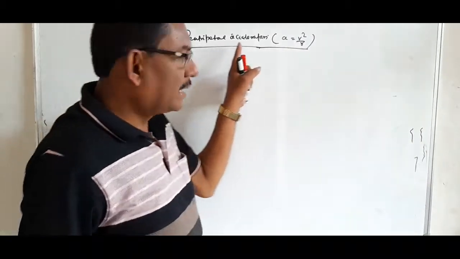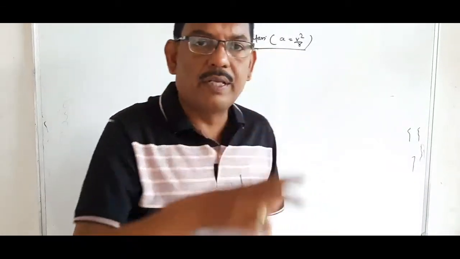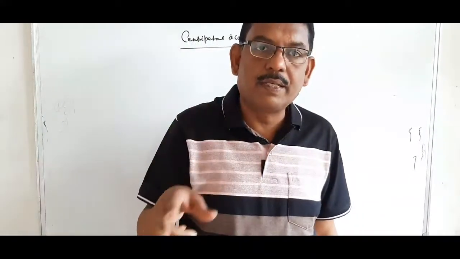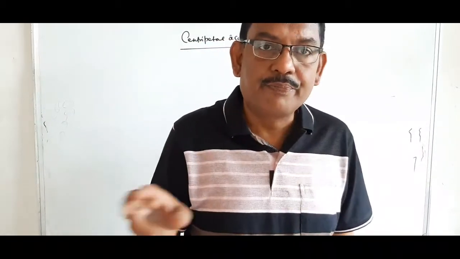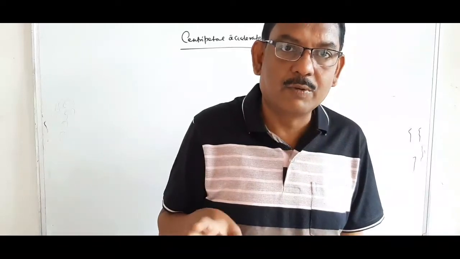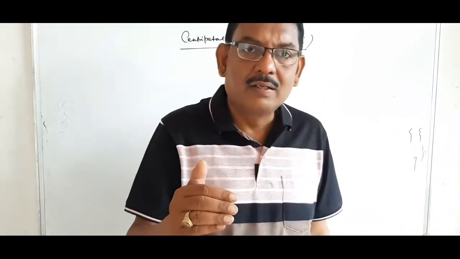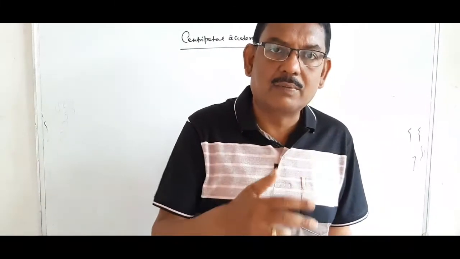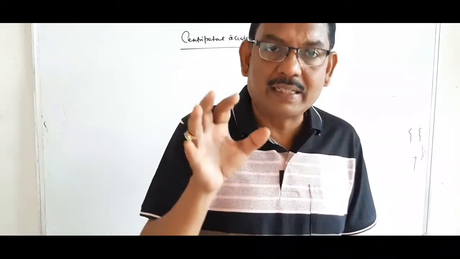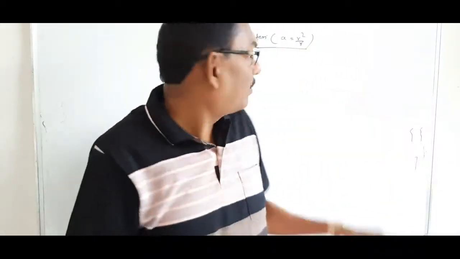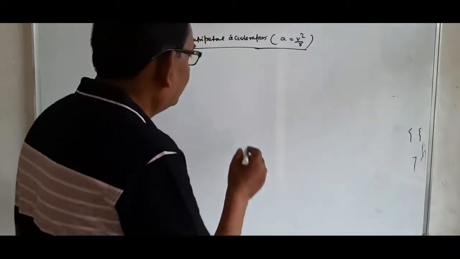Now about centripetal acceleration. What is actually centripetal acceleration? You know that when a body is moving in a circular path, the speed of the body remains constant, but the velocity changes continuously due to the change in its direction. And the motion is accelerated. The acceleration acts along the radius toward the center of the circular path. This acceleration of the body is called centripetal acceleration, which is equal to v square by r. Clear? To prove this one, first draw a diagram.